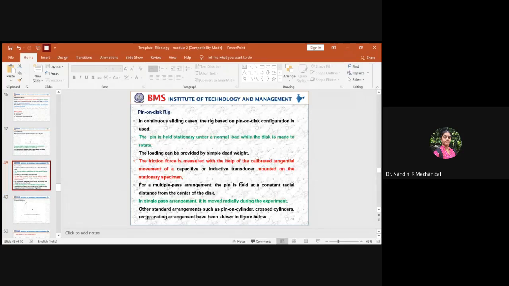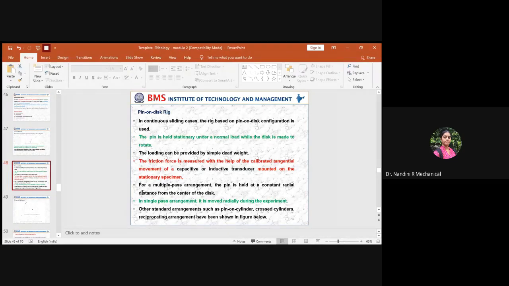So directly the motion will be recorded here with the help of transducers. This is very essential when you need a continuous turn. If it is just a single slide, you can measure it manually and calculate the theoretical values. But when it is a continuous sliding motion, you need some device to measure and record the data so that you can do the compilation and analysis of the data you're getting with respect to the time period. For that, the main thing is you need a digital recording which helps in sensing the relative motion and transferring the input signal into the required output. For that, the transducer is a must in the case of a pin-on-disk rig.